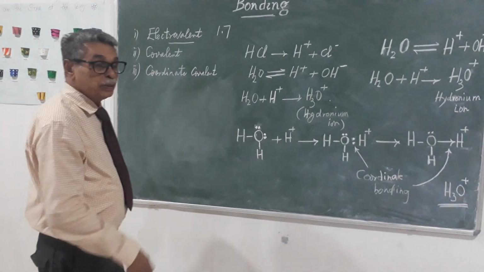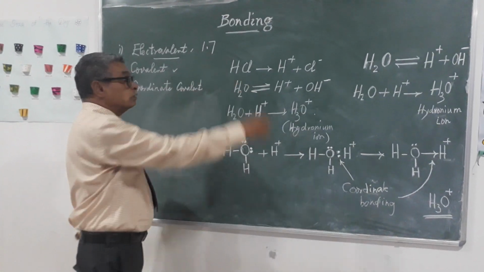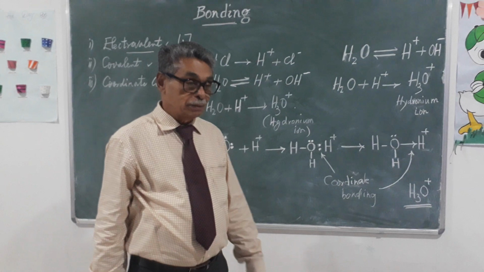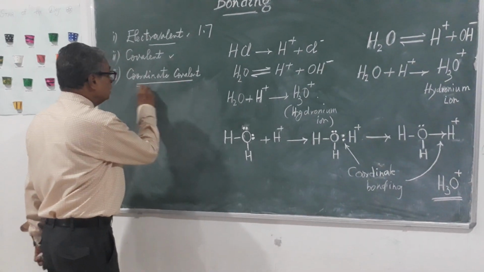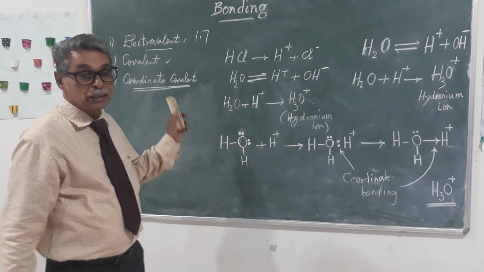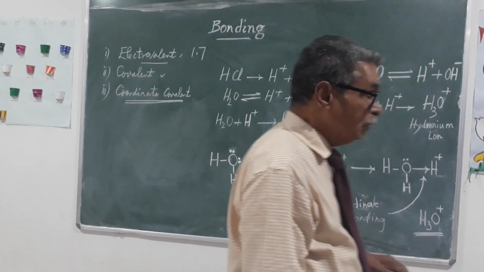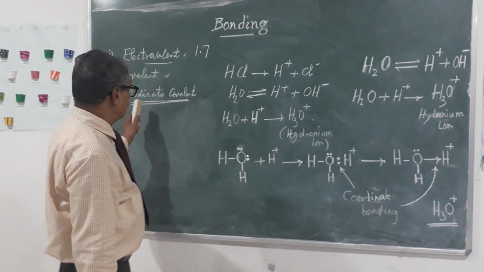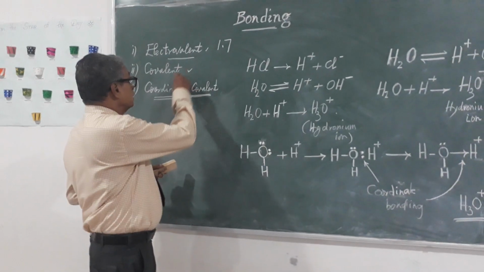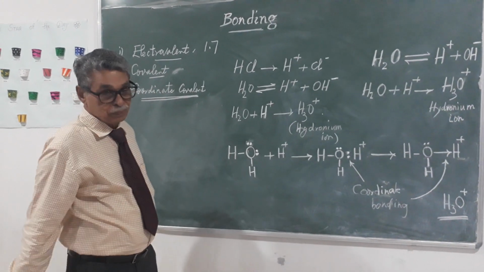So these two we have already done, covalent bonding and electrovalent bonding. Today I intend to do, this also was partly done, but I thought I will explain this to you in a better way. It is coordinate covalent bonding. In covalent, this is a bonding, I think, essentially covalent, but with a slight difference.